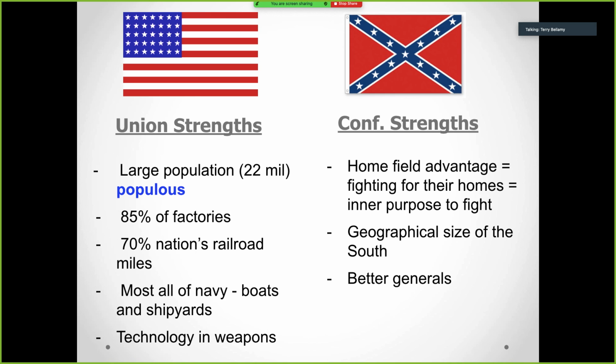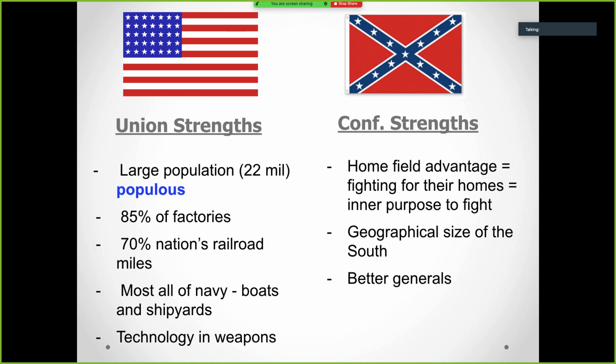And we're going to see this more and more every day we talk about the Civil War. We already talked about Robert E. Lee probably being the best. You could argue maybe that he was number 2, but I'll give him number 1 credit of all of the generals in the Civil War. In fact, probably 3 of the top 4 generals in the Civil War were Confederate generals. So they've got better leadership, which we talked about a little bit the other day in class when we talked about the military academies and how a large percentage of the soldiers in those academies were from the South.